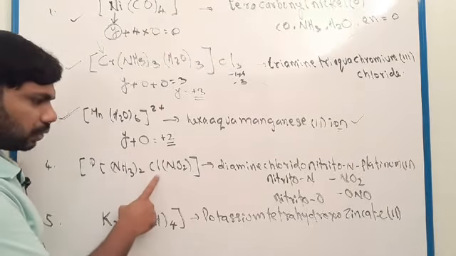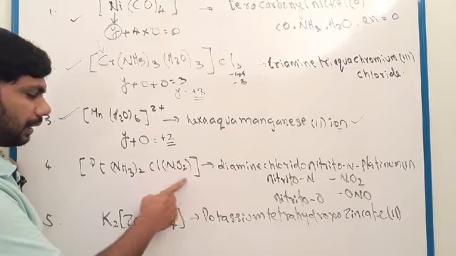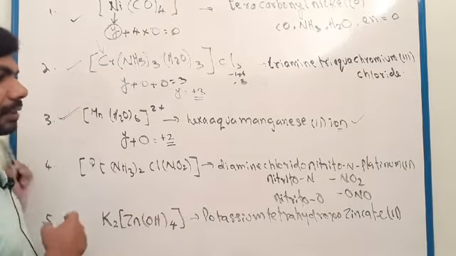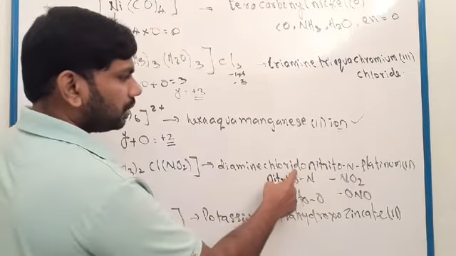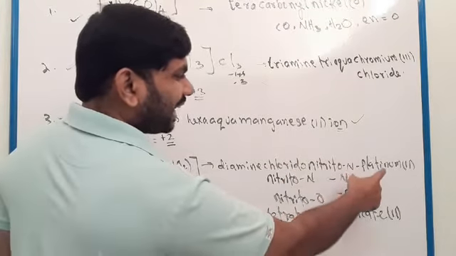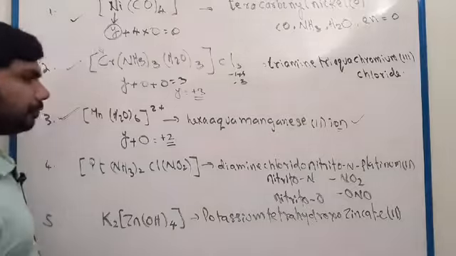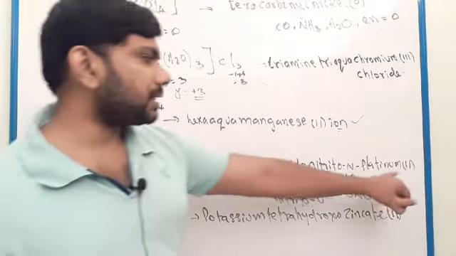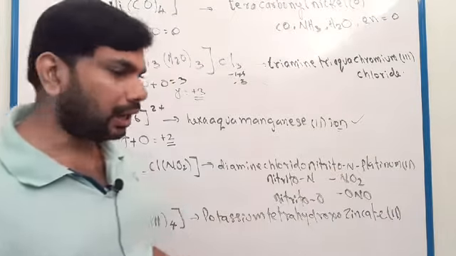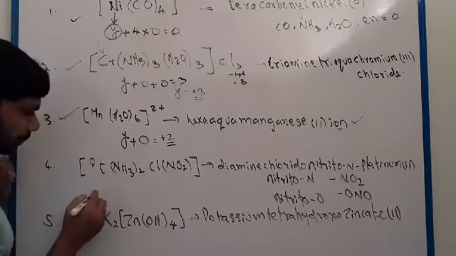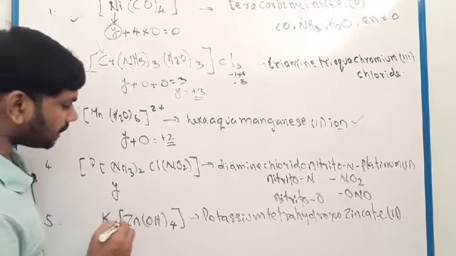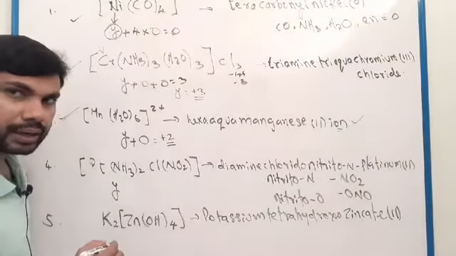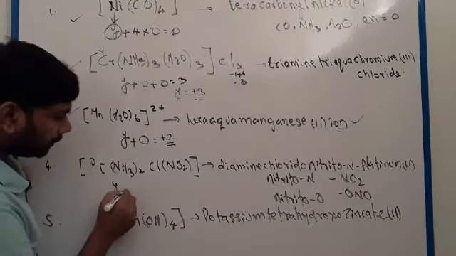Diammine, chlorido, nitrito-N, platinum. Its name comes like this. Here it is written platinum(II). So let us check how its charge comes. Here for platinum, we want to find its charge. It is an unknown value, so put the letter Y, plus